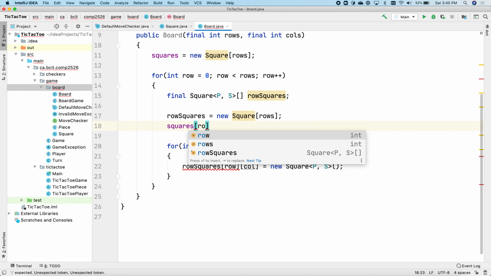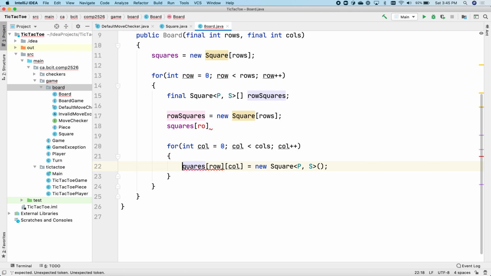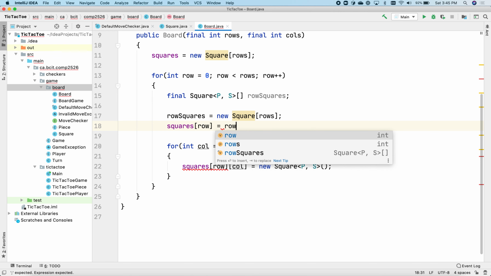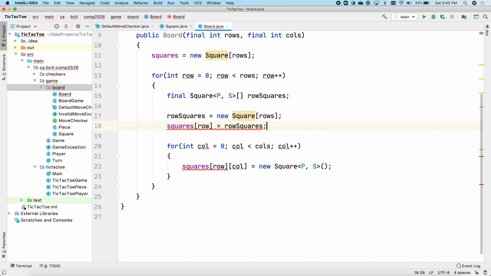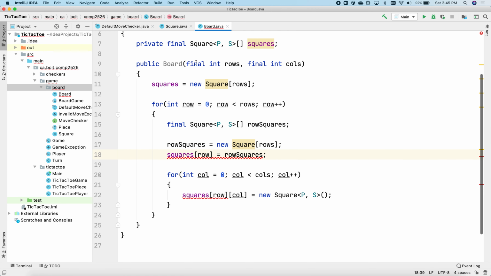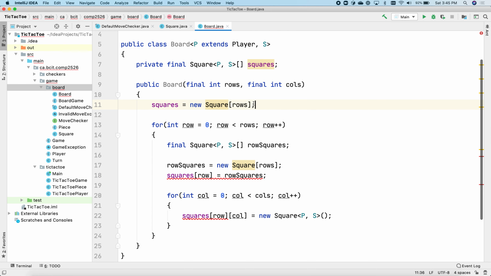Oh, I see what's wrong. There should be squares. Oh, okay. My mistake. One minor thing. There we go. This should be an array of arrays. So,